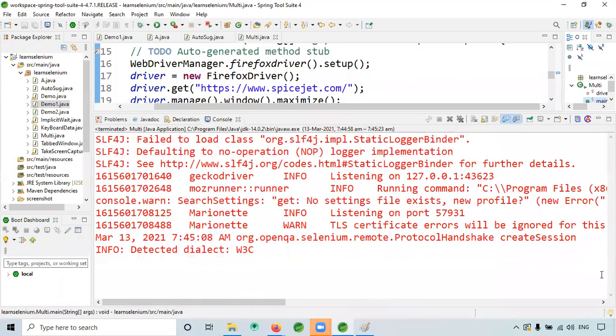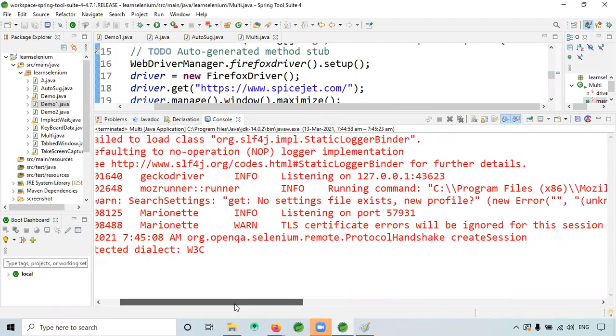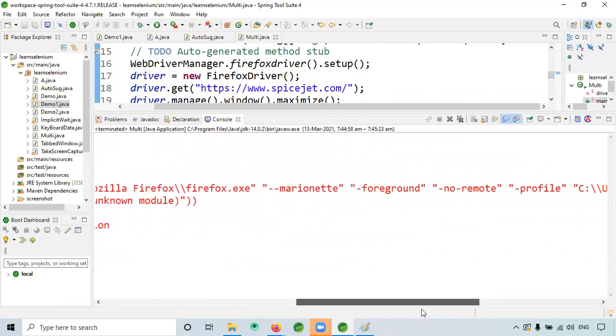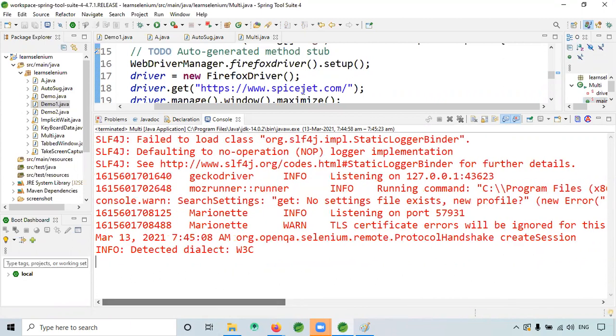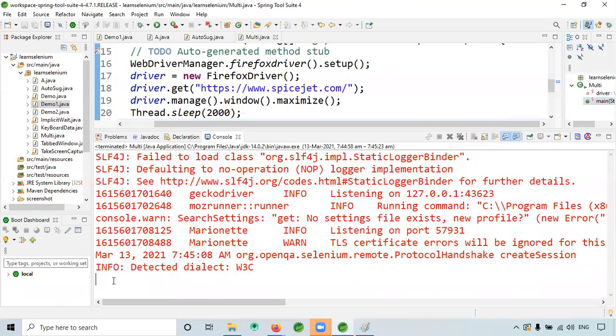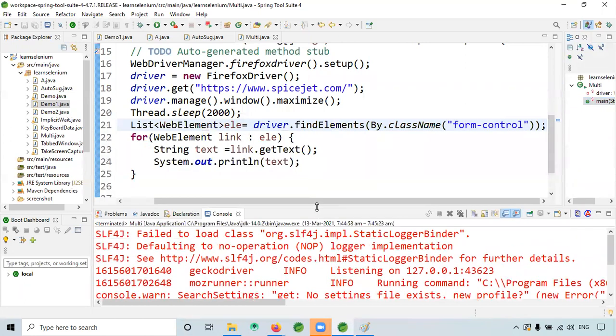I think it showed the no settings file exists warning, right? No, it is always coming actually. Oh, okay. Actually, if nothing was there, it should have printed like this, empty. Why is it not printing? Sometimes it will print like this, empty. Yeah, as you showed before, it is not printing actually.